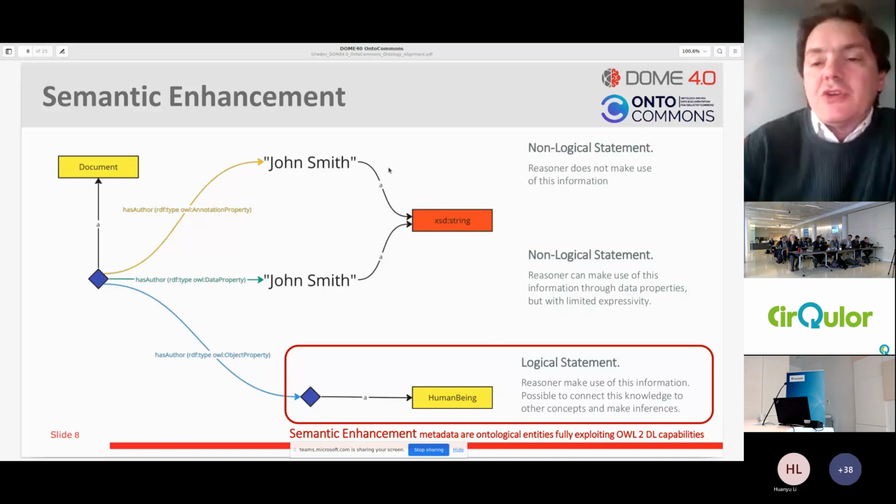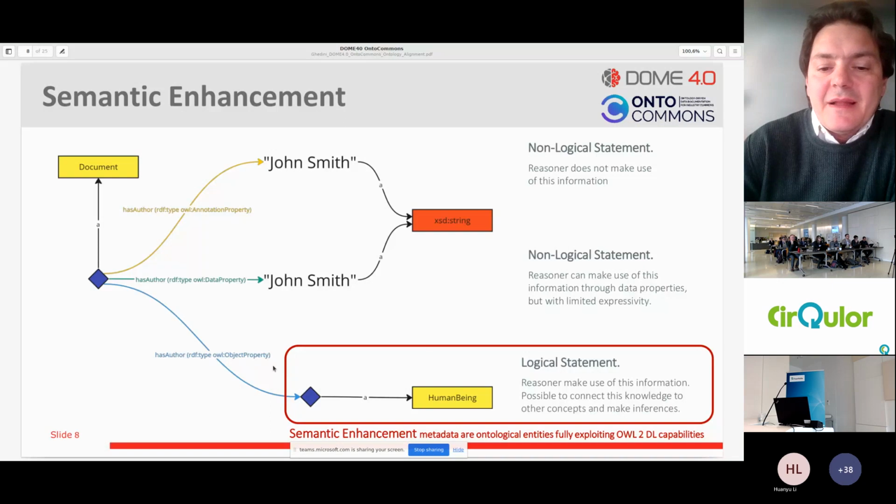The first one, an annotation, is non-logical because it cannot be used by a reasoner. And the data property is partially non-logical. A reasoner can use this information, but this data property relation is not used by a reasoner to infer new knowledge, as done with the object properties that are actually part of the logical framework and can be used by a reasoner to impose constraints and infer new knowledge.